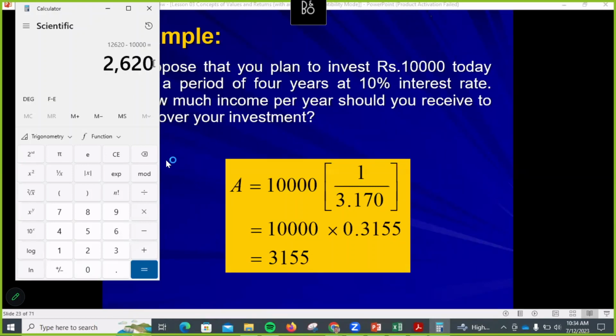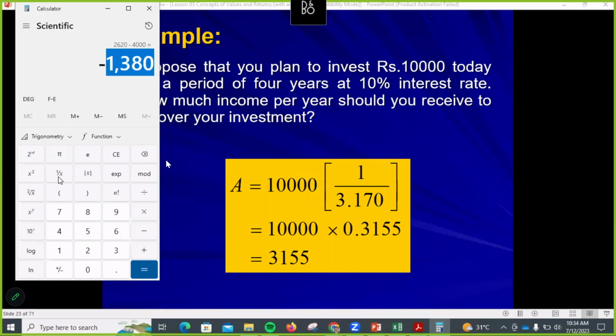That is the additional income you are getting. But how much do you want to get? Every year you want to have 1,000 rupees for 4 years, so 4,000 should be there. So you must have this 4,000 rupees absolute income, but the present value